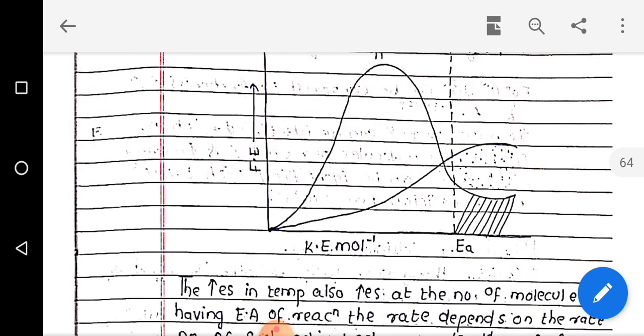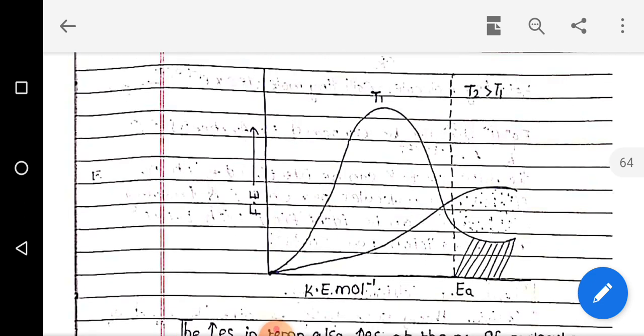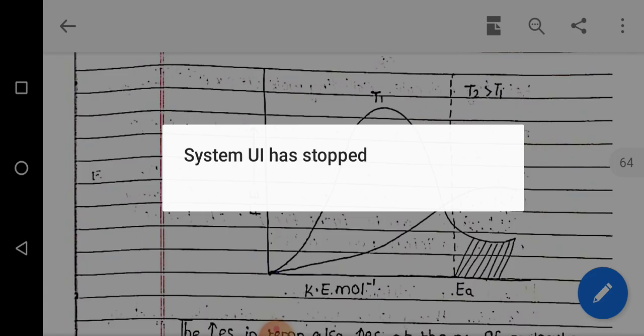Here the temperatures are also given, because the temperature is the deciding factor for the kinetic energies. So T1 is the lower value, and T2 is always greater than T1. So we will get the maximum